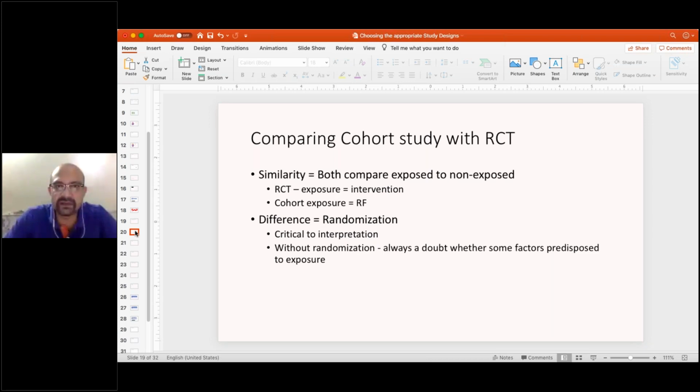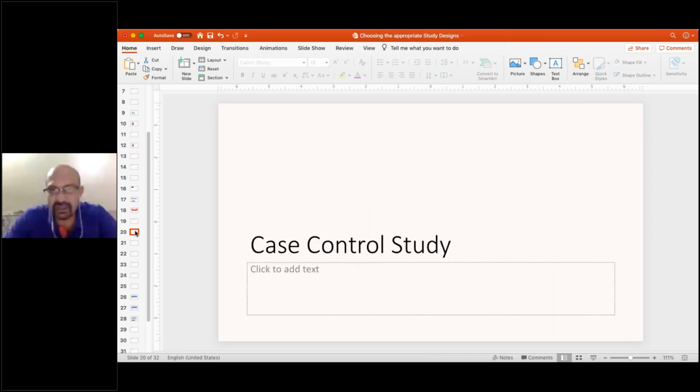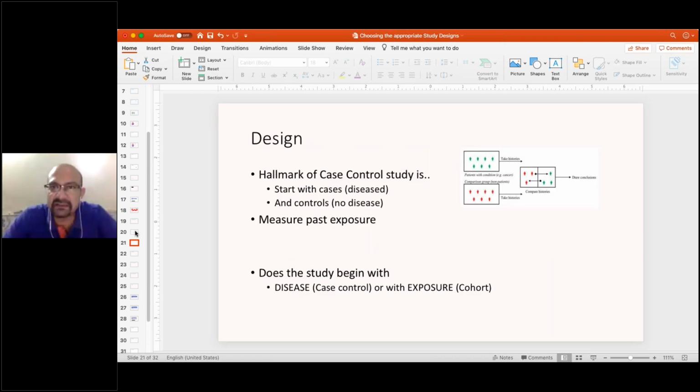Coming to case control study. Now again, I said the case control study is when you start with cases. That means the outcome has already occurred and the groups we are classifying are on the basis of the outcome. How many people have cleared NEET in one group, how many have not cleared NEET in the other group, and then we see how many of them had the exposure and how many did not. That becomes a case control study.